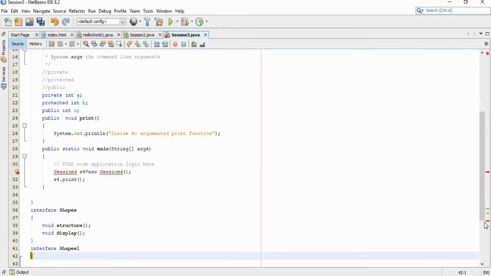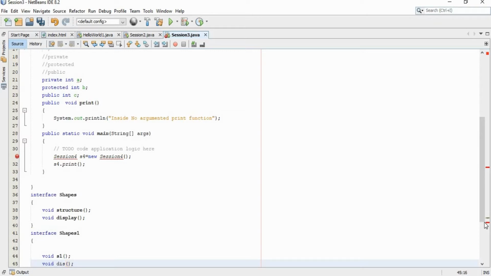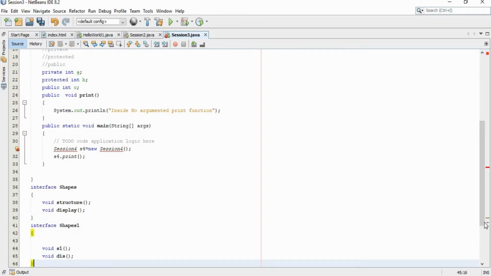We can open and close this. Inside this interface also I am going to create another set of functions, let's say s1 of and display of itself. So now I have created the interfaces.